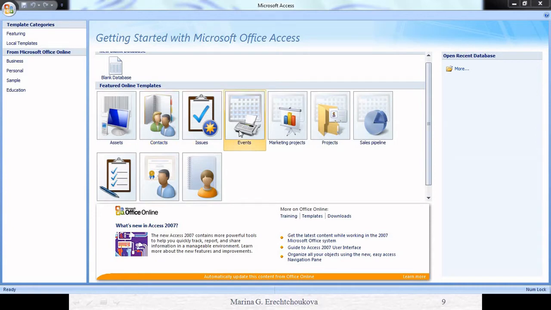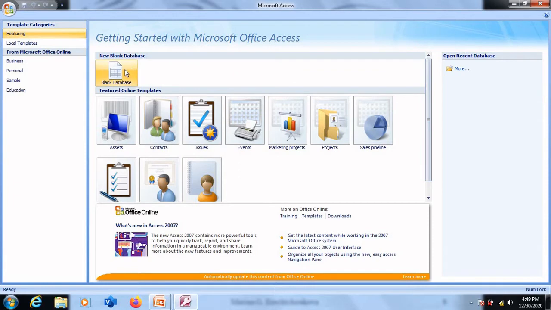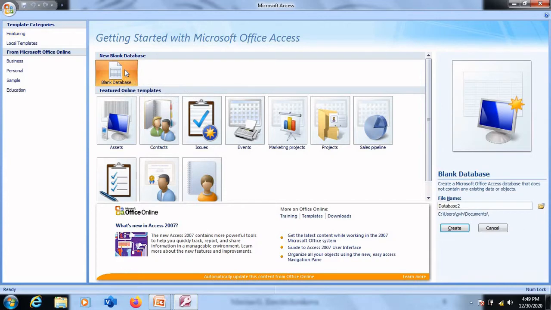These are the templates available, and also at the top part of this middle window we have a small window which is for new database, for creating offline database. Now this is what is required for us. Click on blank database. Now this option is to create our own database, and within that database we can store